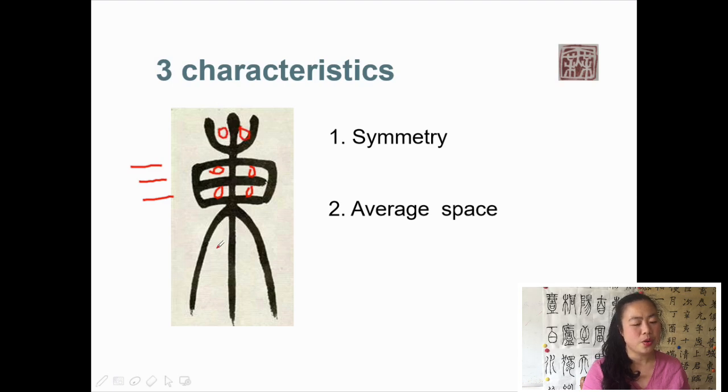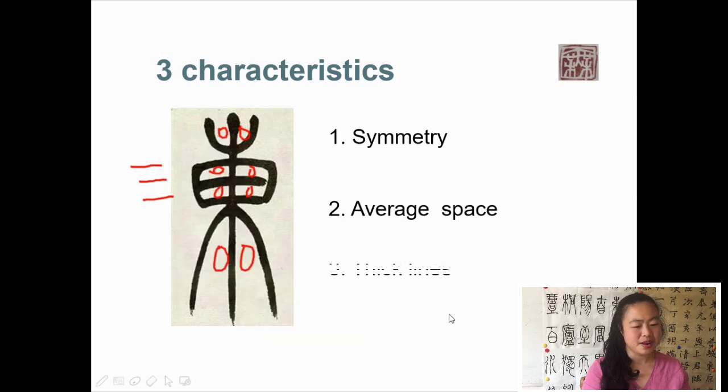So when we write this character, we need to focus on the empty part, the blank part. Our training is like you need to focus more and try to make the spaces on the two sides or in between these two horizontal lines average. And then